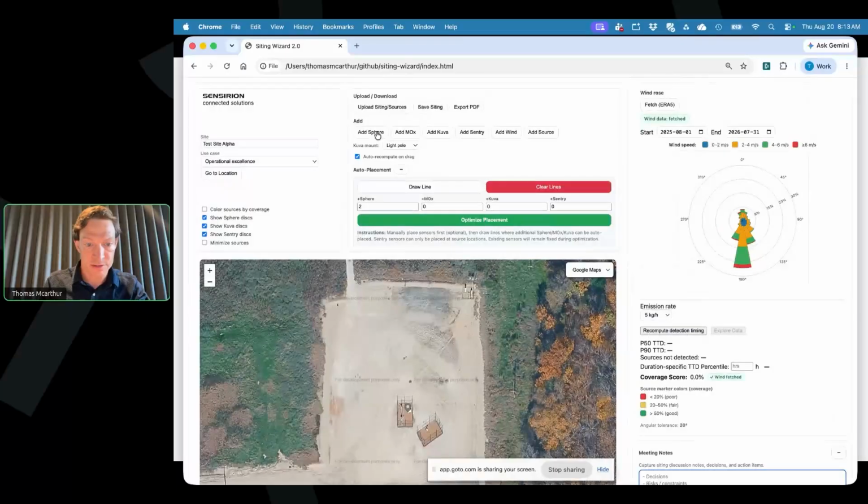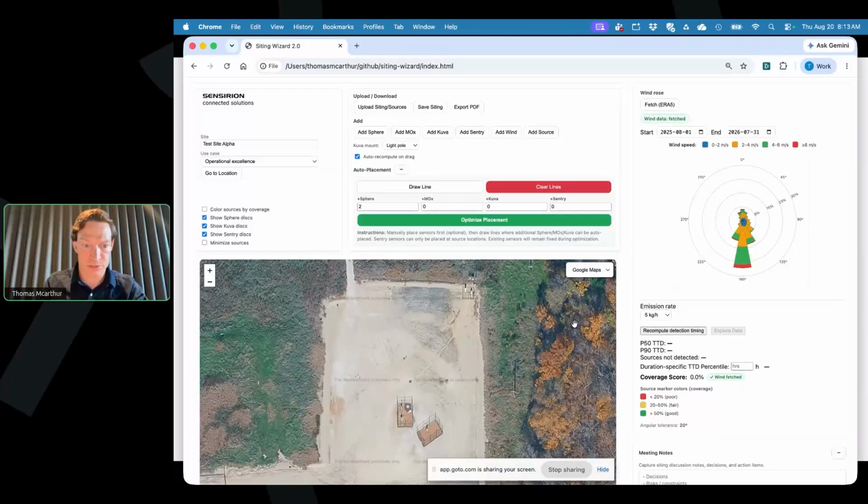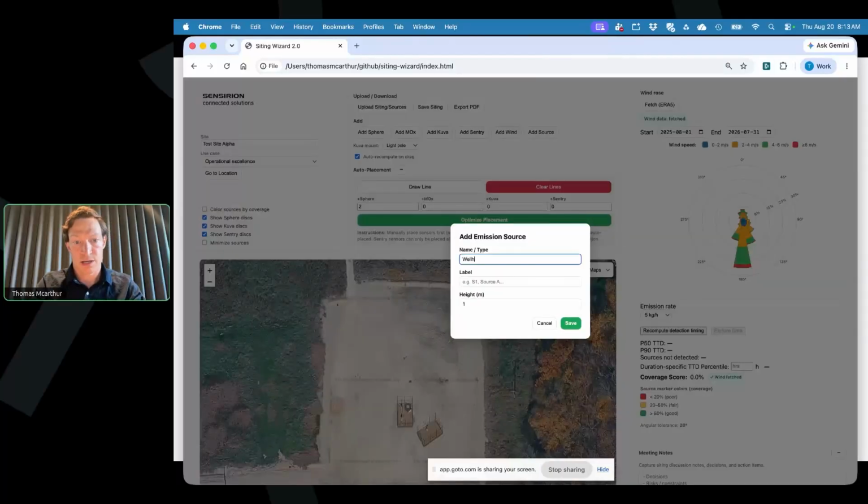So this is the first piece of equipment, a potential source that I've added. This is a wellhead. I've given it the label WH1, and it's at 1 meter height, and I can save that. I can add more sources here. So I can say wellhead and call this wellhead 2, add a meter as well, and a third wellhead. So now that I've laid those out,